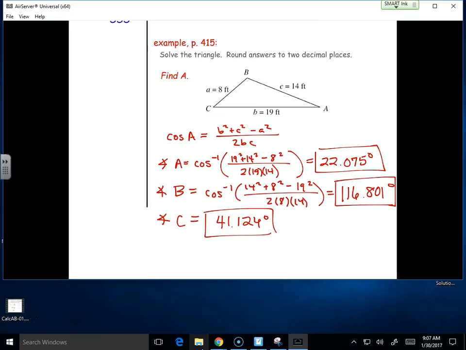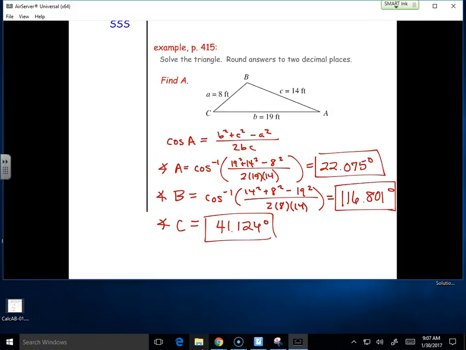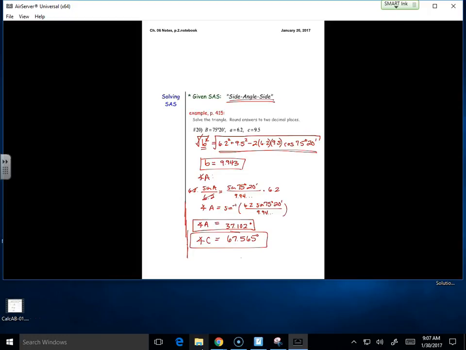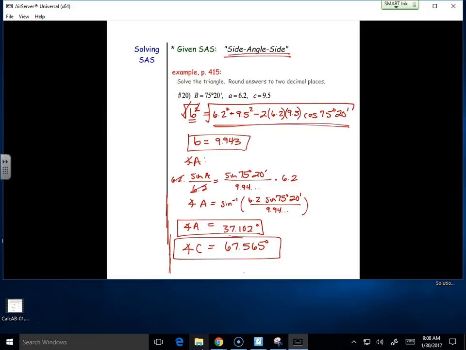We finished this example. We started it on Friday, so we just had to finish the last couple calculations. Pause if you need it. Then we went on to this other example, side, angle, side. We used law of sines here in the middle just to see if it would work, and it did. But otherwise, just plugging and chugging to our calculations. And then, last but not least,